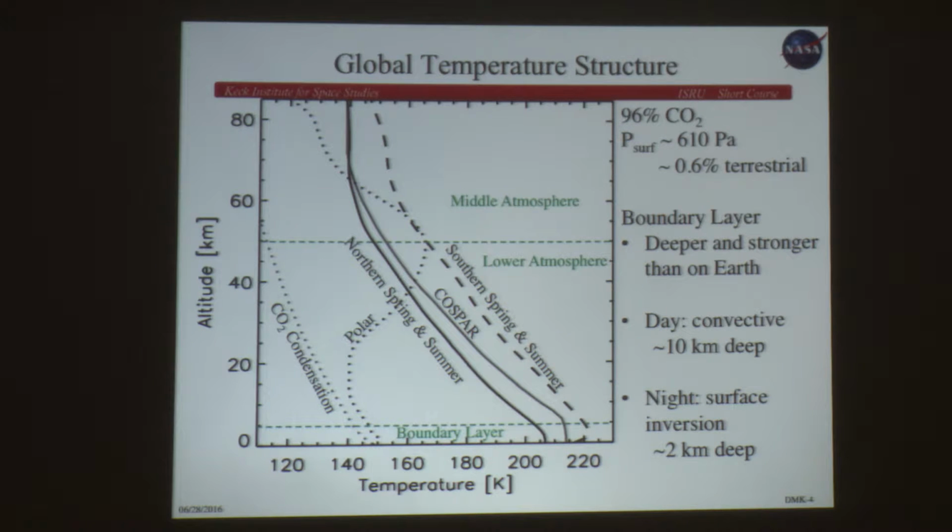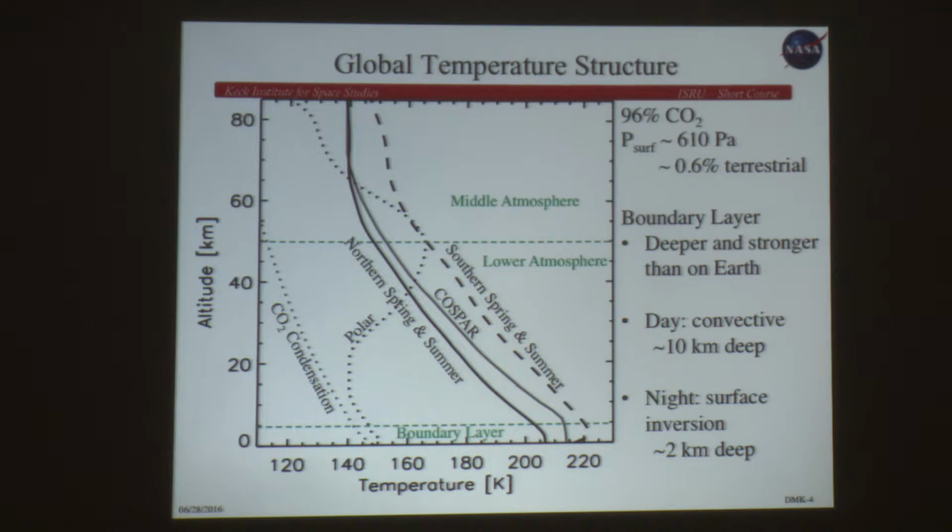So kind of a global view of the atmosphere. There are 2 really regimes. There's the southern spring and summer regime here, where you've got a warm atmosphere overall. This is basically what you see during that atmosphere. And then you've got your northern spring and summer season where it's much colder. And these are 20 to 25 K for a global average temperature difference between the 2 seasons. In addition to the kind of mid-latitude or equatorial temperatures, you then have the very different winter polar temperature structure here, where you've got a warming up in the lower to middle atmosphere and then very cold down near the surface.